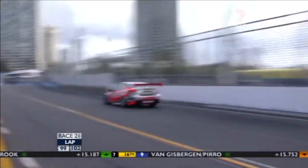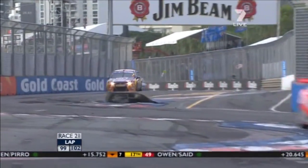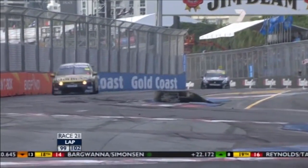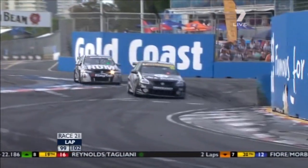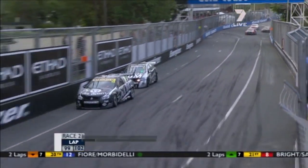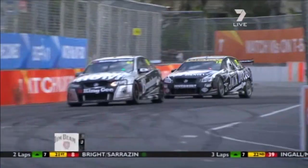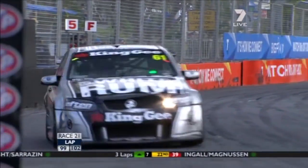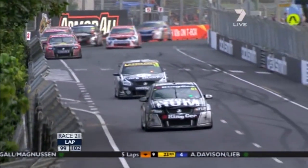Todd Kelly having a look at Paul Dumbrell. There goes Whincup. 2.7 seconds. Will Davison. There's Winterbottom. Murphy. Moffat continuing to charge. Rick Kelly, Fabian Coulthard. Well, the interesting thing here will be to see whether or not James Moffat can get to Greg Murphy, and if he does, does he have enough in reserve to be able to...